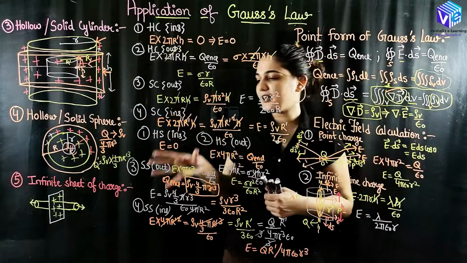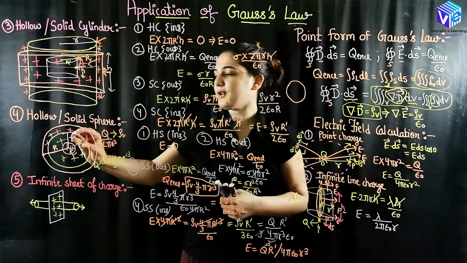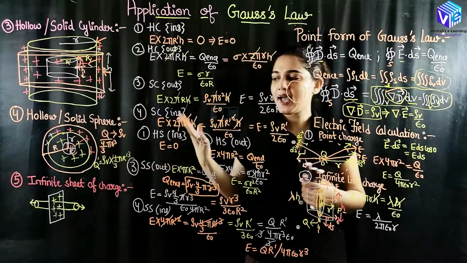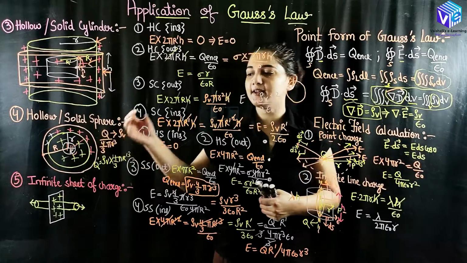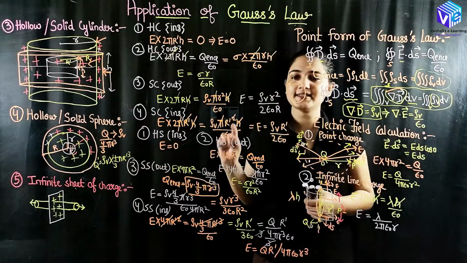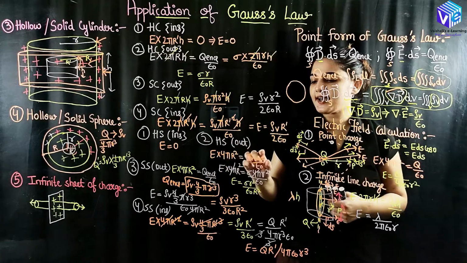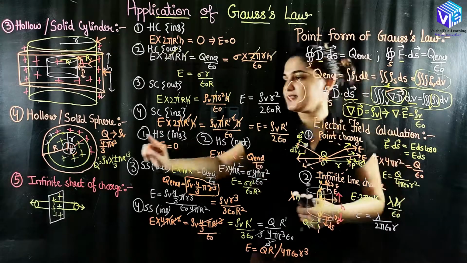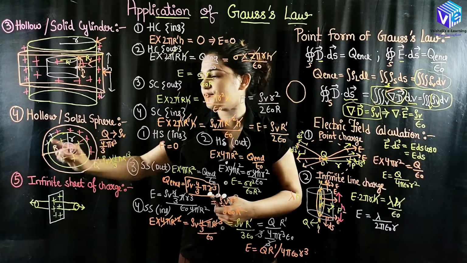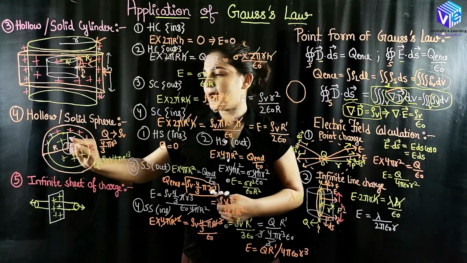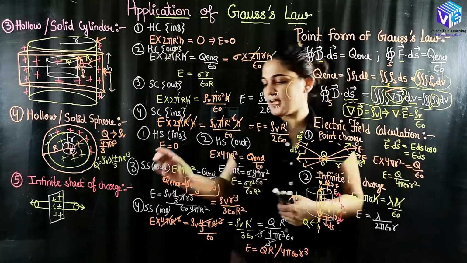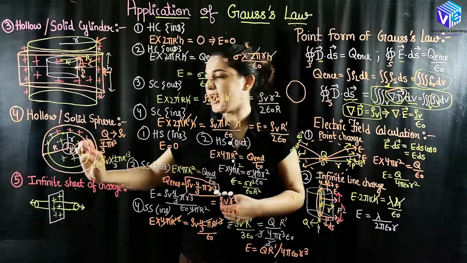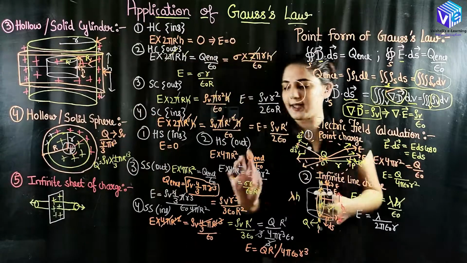So I have again here 4 cases. In the first case, I know at the inside of the hollow sphere I will not be having any charge, so at the inside I will be taking the charge enclosed to be 0, so electric field is directly equal to 0. At the outside I will be taking the charge enclosed to be equal to sigma into ds. So sigma into ds, the ds will be the surface area of this sphere. Surface area of this sphere is 4 pi r square. Sigma into 4 pi r square, this I am equating to the E dot ds. So ds in this case is the outside sphere surface area, which is 4 pi capital R square.